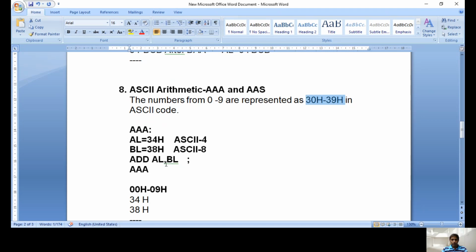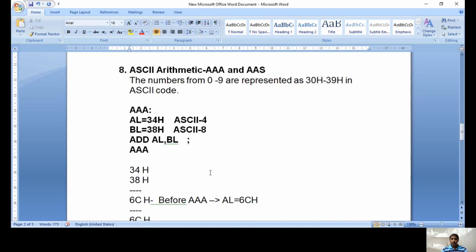During this unpacked BCD form representation, it will check the lower 4-bit value. If the lower 4-bit value is more than 9, then add 09H to that number, like the DAA instruction. Similarly, if the higher 4-bit value is more than 9, then it will add 90H to that particular number. Same procedure here also. But one important point is